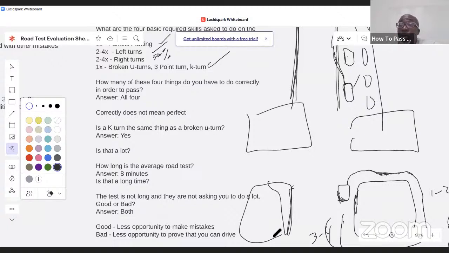But those people don't do a driving lesson. Why? Because they're confident in their driving skills, and they should be. Most of those people are really good drivers, pretty competent drivers. So I'll take them to the road test, and then